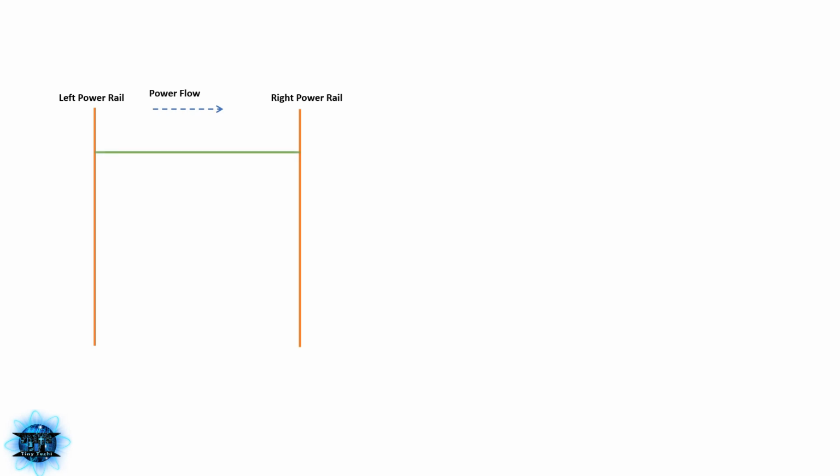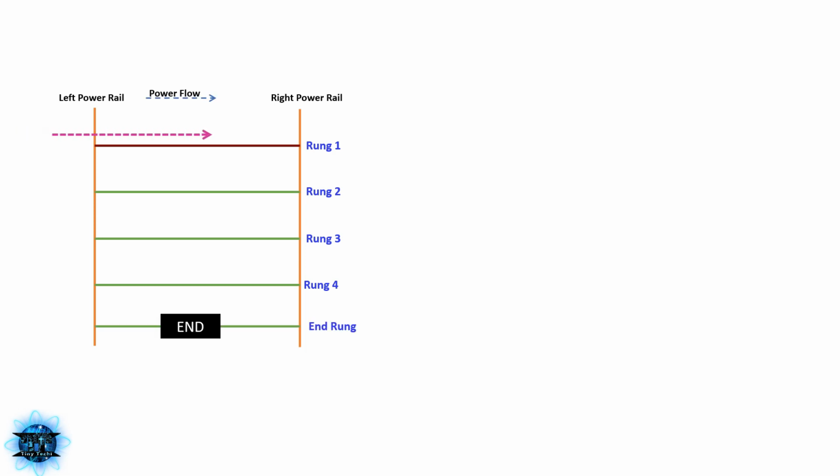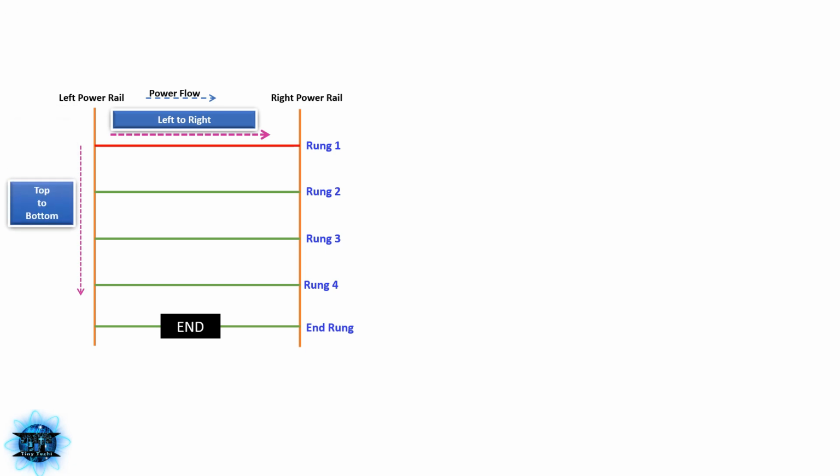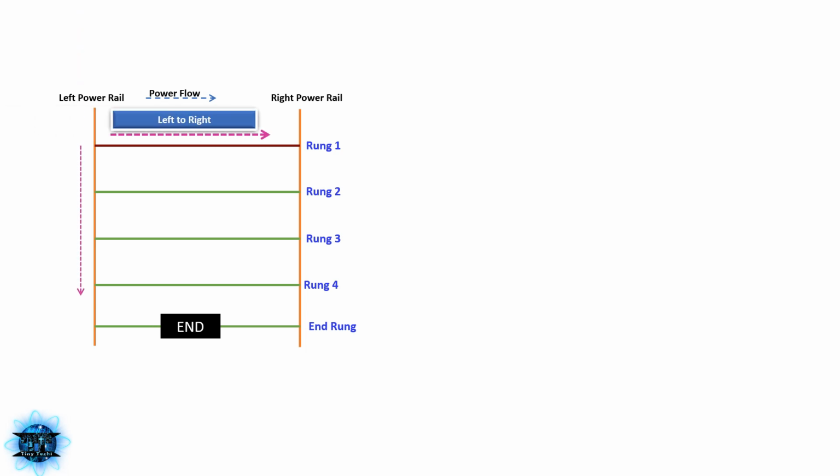Each rung on the ladder defines one operation in the control process. The top rung is read from left to right. Then the second rung is read from left to right, and so on. When the PLC is in run mode, it goes through the entire ladder program to the end. The end rung might be indicated by a block with the word end.